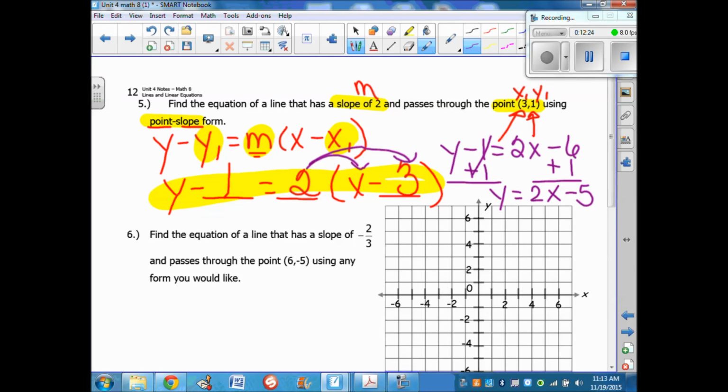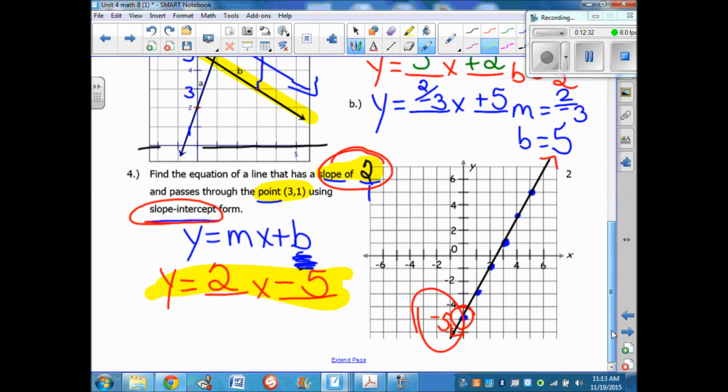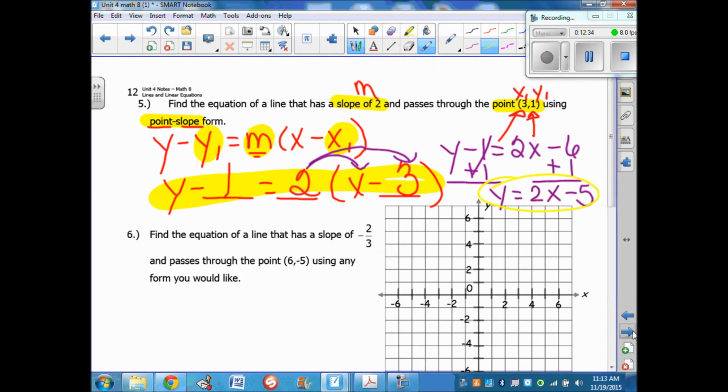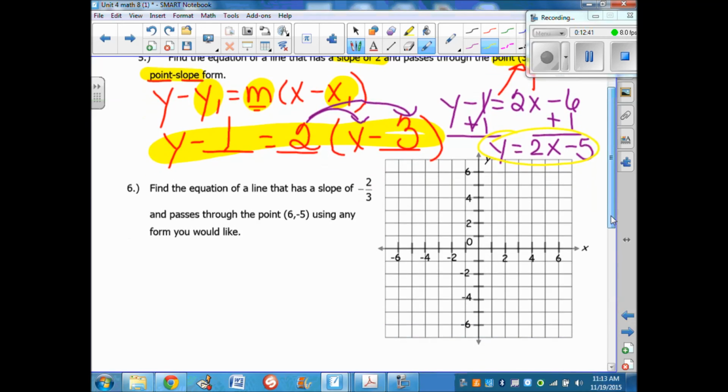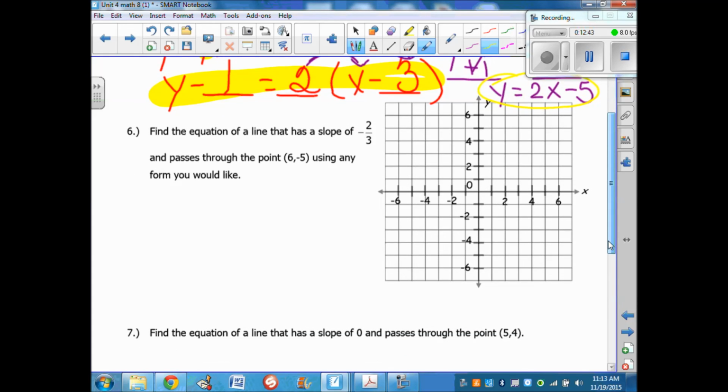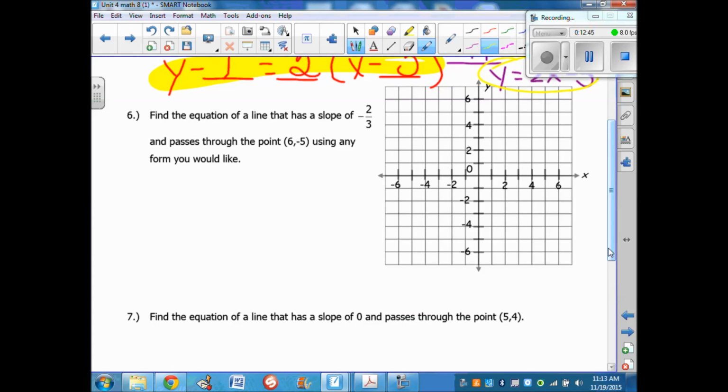Oh, winner, winner, chicken dinner. That should look like the same thing that we have on the previous page. 2x minus 5, 2x minus 5. See how they're the same? They look different, but if we do a little algebra to them, they look the same. Okay? Next one. Find the equation of a line that has, highlight our information, a slope of negative 2/3 and